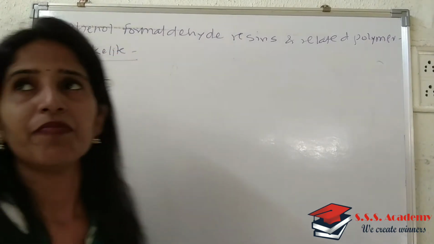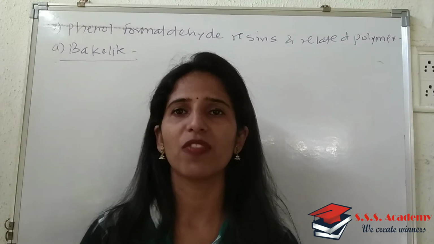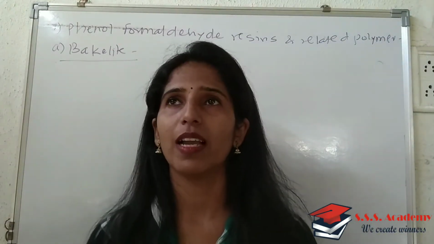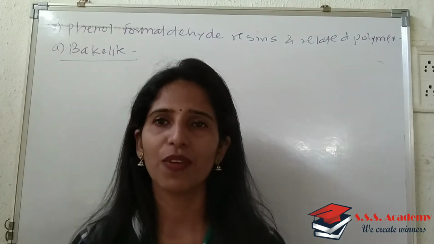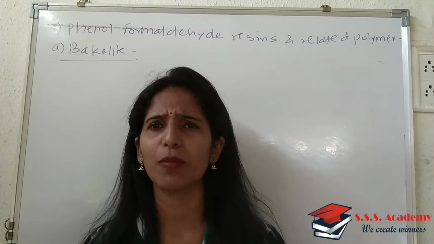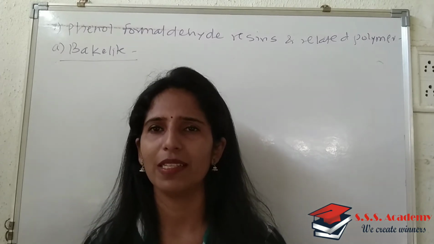It's a bakelite. So bakelite is what? It is obtained from the reaction between phenol and formaldehyde. The phenol and formaldehyde, these are the two monomers which are used. So phenol and formaldehyde, these are the reactant material used. Phenol and formaldehyde are allowed to react with one another in presence of acid or base as a catalyst,